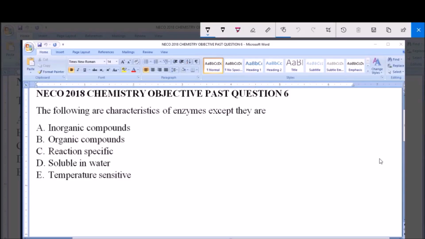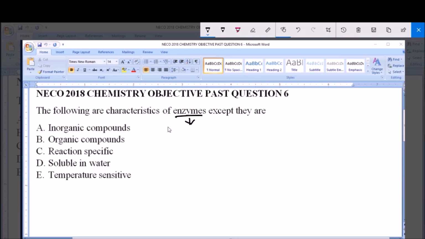These are characteristics of enzymes except they are A, inorganic compounds, B, organic compounds, C, reaction specific, D, soluble in water, E, temperature sensitive. So enzymes, the definition of enzymes is that enzymes are